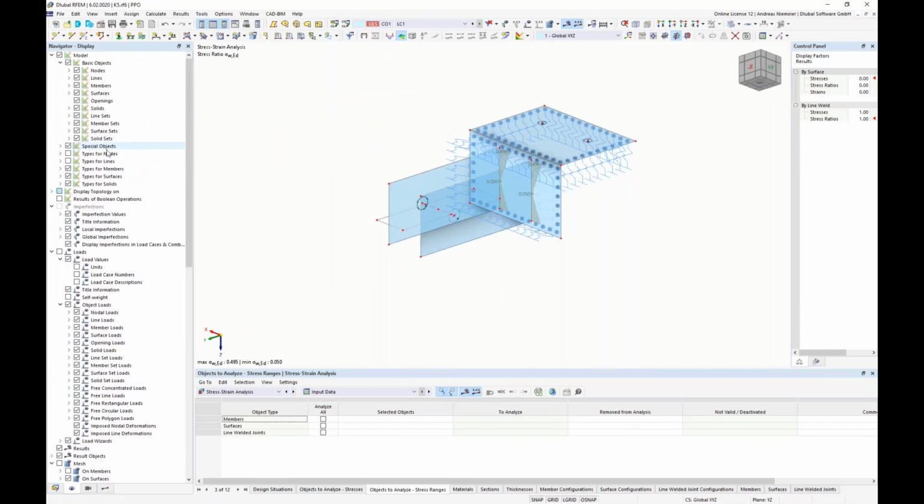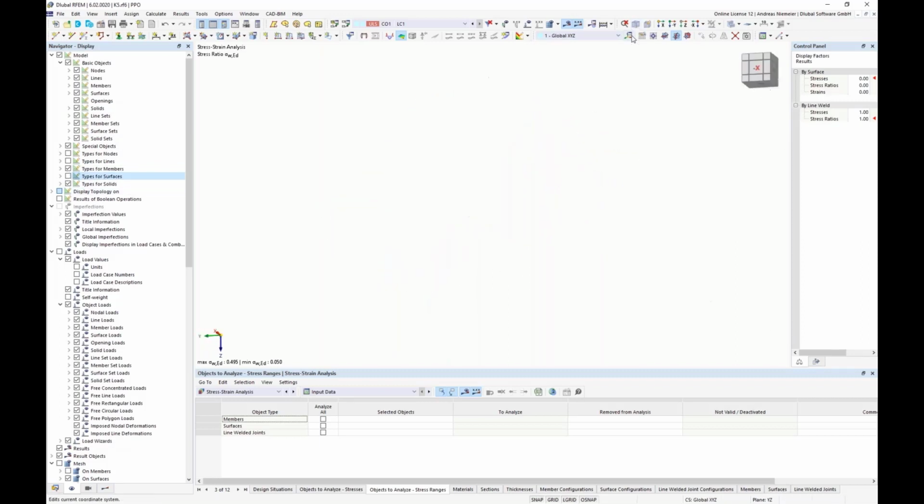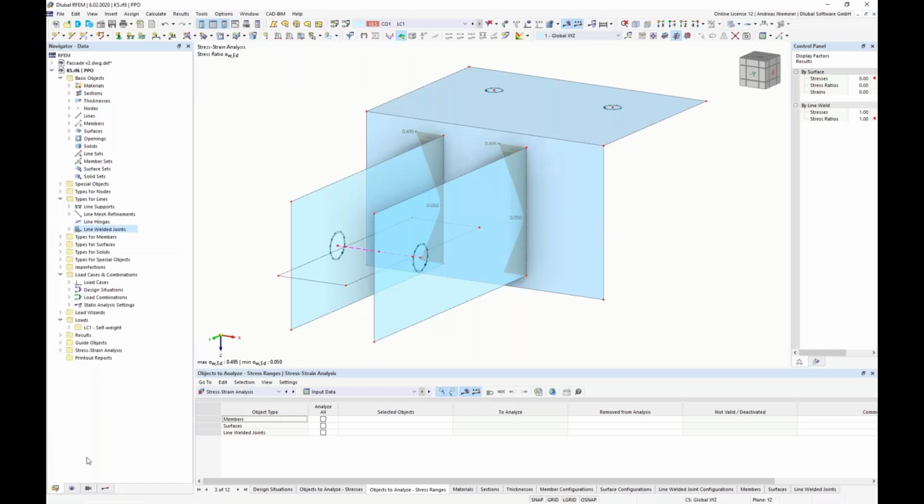Maybe make, if we remove types for surfaces, then it looks more suitable. And if we say, okay, how can we document all this stress strain stuff, we create a printout report,